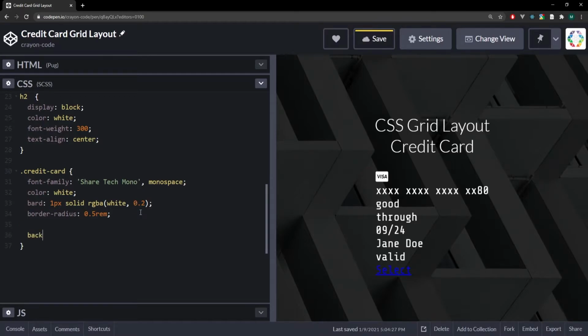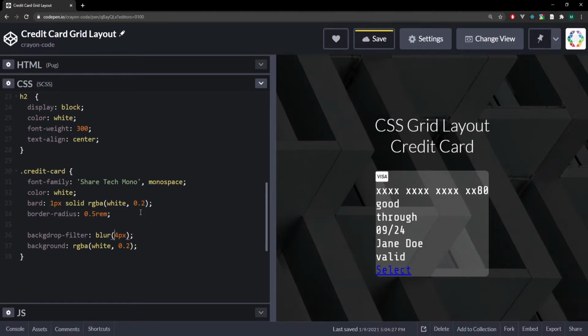And since everyone's into it right now, let's give it a slight glassmorphism look with a 4 pixels blur filter on the backdrop, and of course a slight white background so that the effect is actually shining through. And this G here is superfluous actually. So very nice. And of course, to make it look slightly elevated, give it a little bit of a drop shadow,